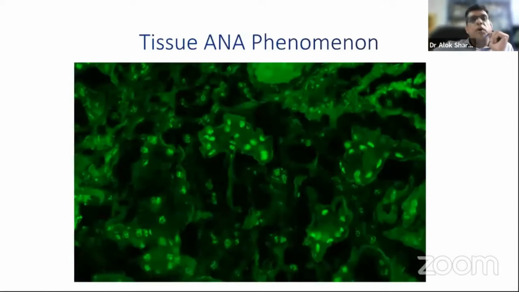Now, just as a passing mention, I should also mention the tissue ANA phenomenon. So in patients with lupus nephritis or autoimmune disease for that matter, when they have very high titers of ANA antibodies, they can go and react with the nuclei. So you get a tissue ANA phenomenon, and this will reflect the pattern which we see in the serology at the indirect immunofluorescence, the speckled or whatever pattern is there. So it beautifully lights up the nuclei of the biopsy. This is a tissue ANA phenomenon.